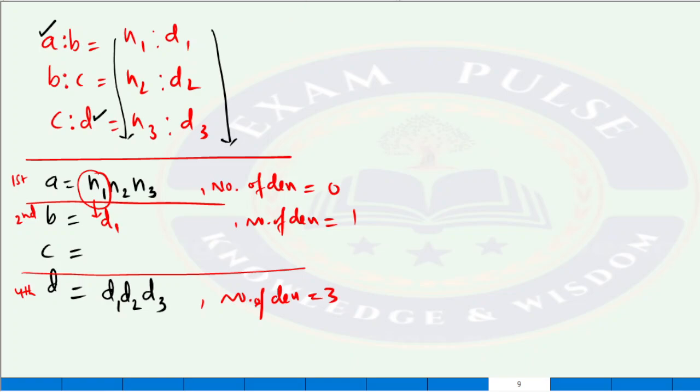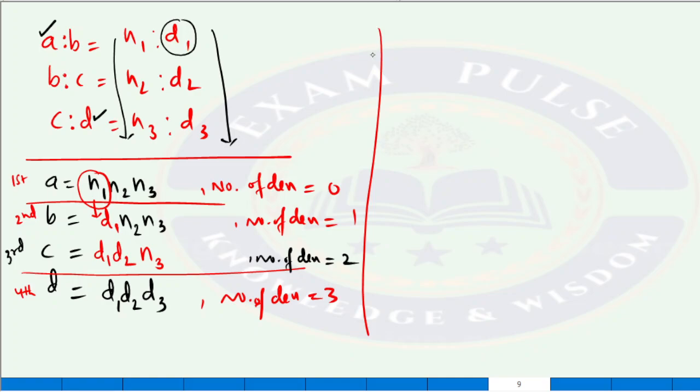Therefore, D1 means we are just taking this first denominator and remaining numerators. So what are the numerators? n2 and n3. Now let us check about the next step. What is this step? Third step. That means number of denominators will be 2, and where the denominators will be there? In the first case only, d1 d2, remaining all are numerators. How many numerators are left out? Only one, that is n3. Okay, this is with the hint.